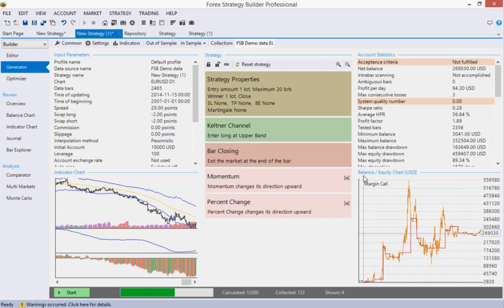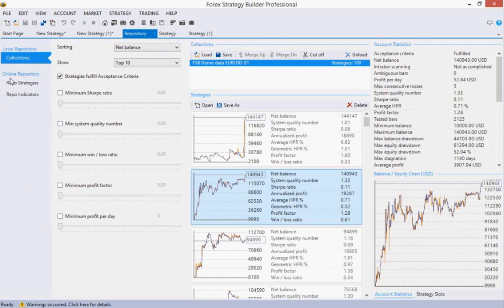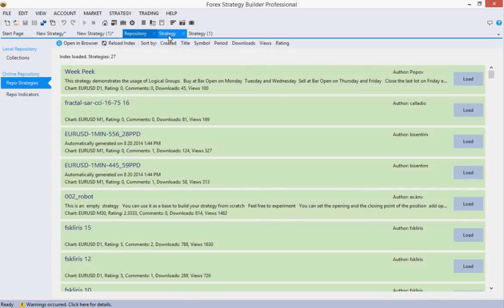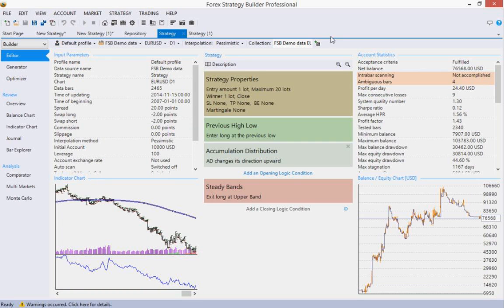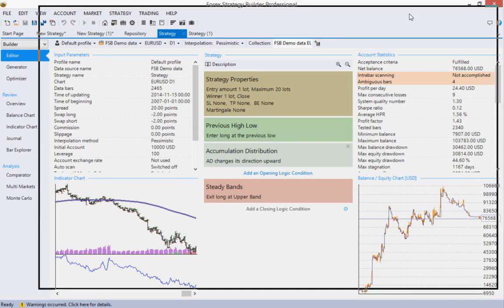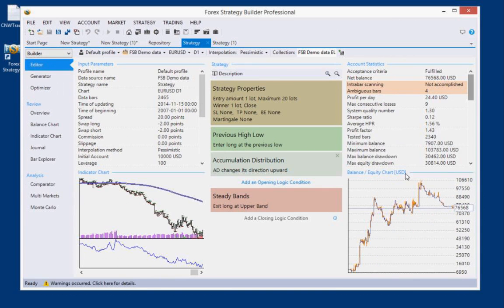For the next 3 minutes I will show you how we connect the program with the Forex Strategy Trader, because time is going on. When you have a strategy generated or downloaded from the repository, we can trade this strategy with MetaTrader 4. Unfortunately, today is Saturday and I cannot demonstrate the trading, and I will do that on Wednesday, so you are welcome on our webinar. I will show you how you